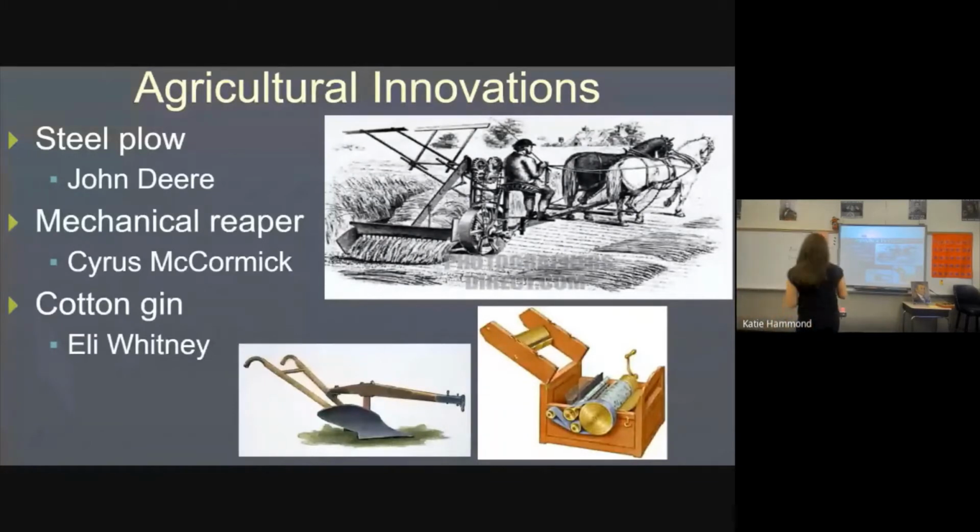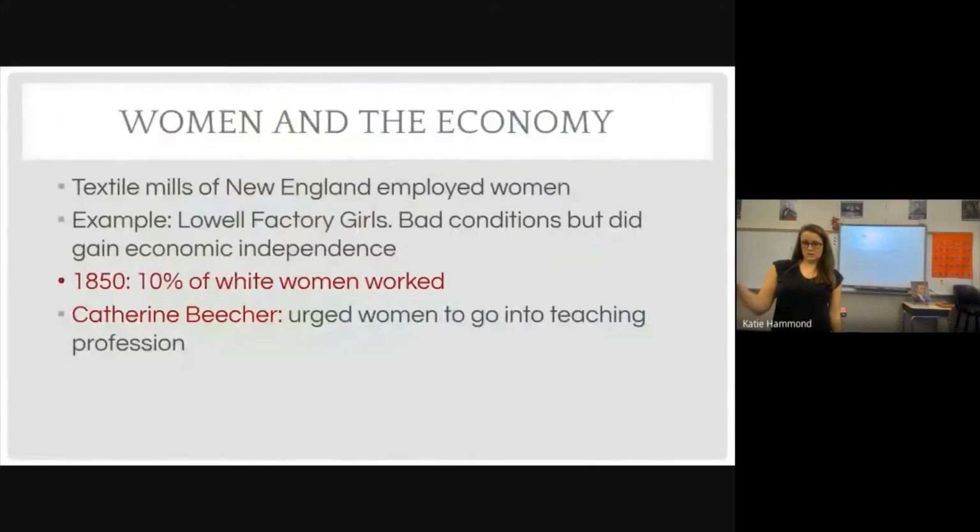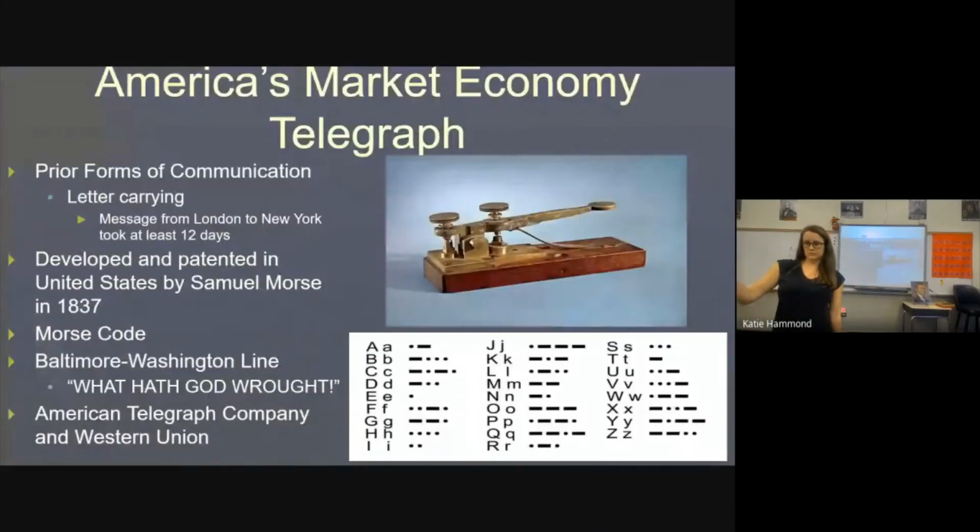Okay, Samuel Morse. And what do we know about him? Morse code. Okay. What else? You use the Morse code on what? Morse code and the telegraph. That's Samuel Morse. Okay, so here is the telegraph. It was patented and developed in 1837. So again, this is a little bit before the Civil War, so still antebellum America.